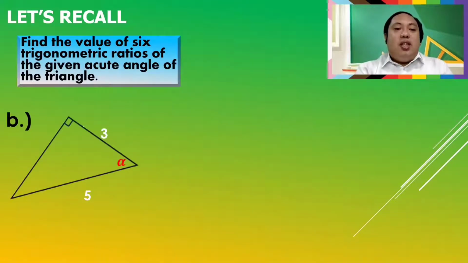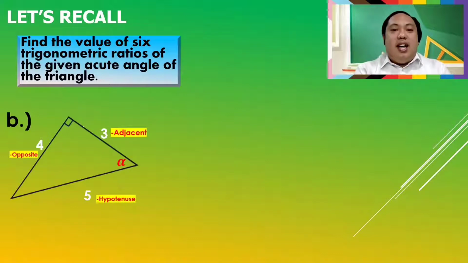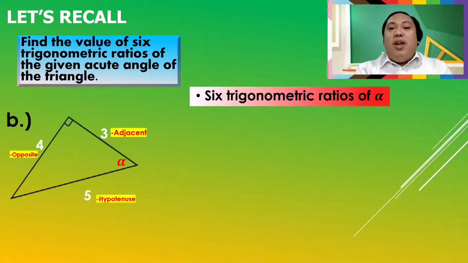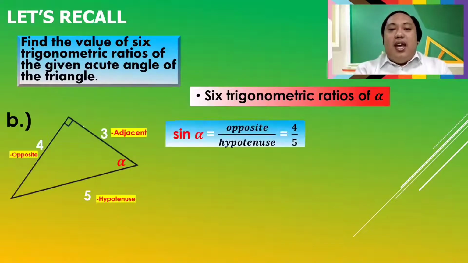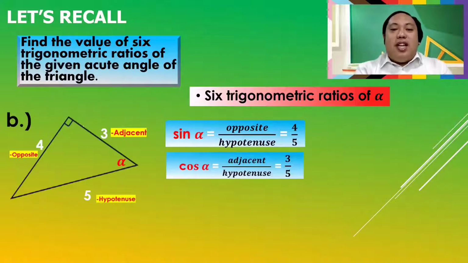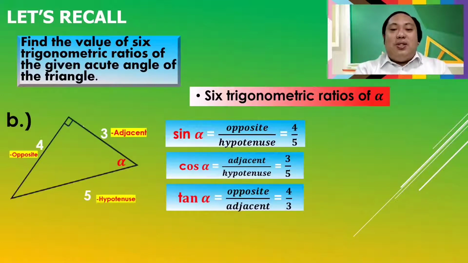Next, let's substitute the solved values in our triangle. So we have 4 as the opposite side, 3 as the adjacent side, and 5 as the hypotenuse. So now, we can find the trigonometric ratios of alpha. We have sine alpha equals opposite side over hypotenuse is 4 over 5. Cosine alpha equals adjacent over hypotenuse is 3 over 5. Tangent alpha equals opposite side over adjacent equals